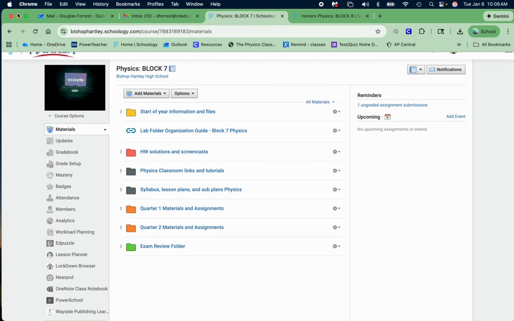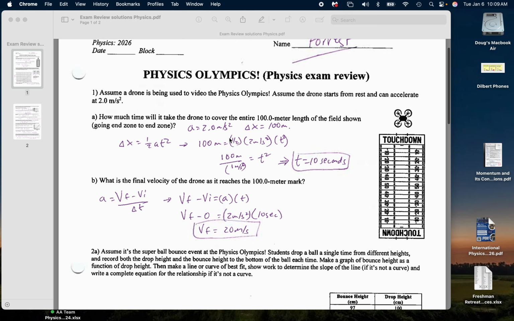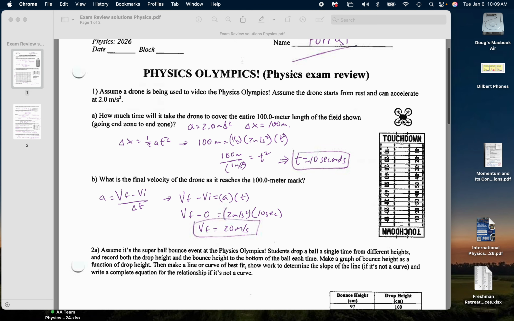Okay. So, this one, the first problem is asking about a drone. It's up here. It's going to go down this field, which I'm saying is 100-meter length. How much time will it take if it starts from rest and accelerates at 2 meters per second squared? So,